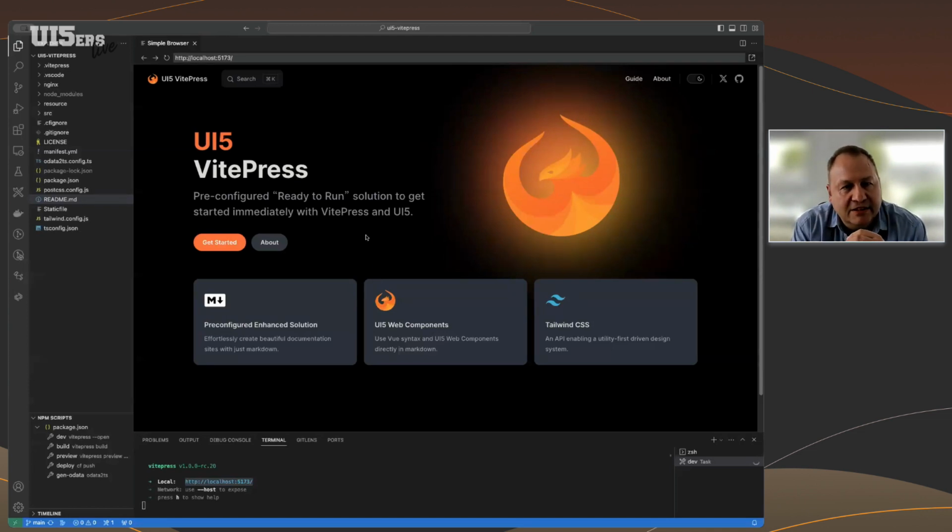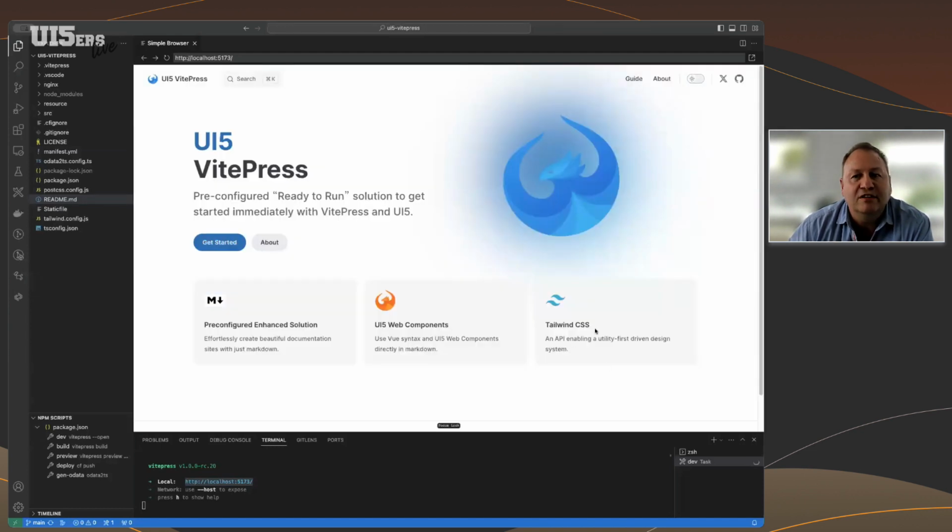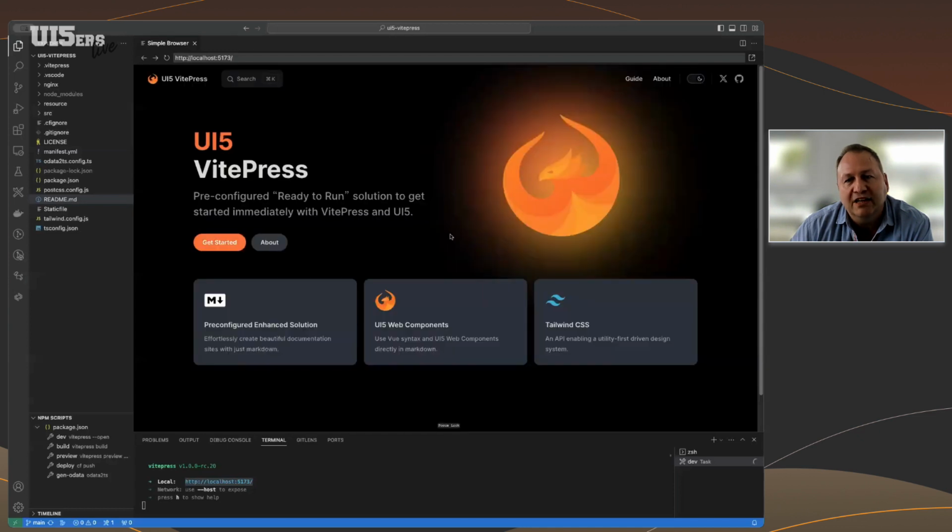So what we will get, maybe someone knows this, I created a small VitePress template for us. Besides the stuff that's coming with VitePress, there's something missing. That's the reason why I created this quick start solution so that we can have a look at this topic. VitePress is a Vue-based documentation template site, and it's used also by SAP in some areas. You will get a nice starting page with a hero image. For me, one of the main reasons was that it was one of the first with a light and dark mode switcher. Now I've integrated the UI5 Horizon theme for the light mode and the UI5 blossom orange color theme